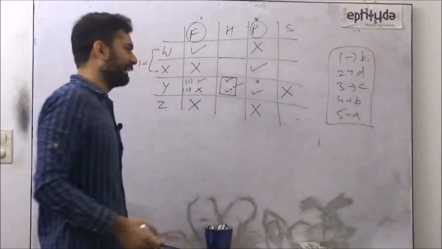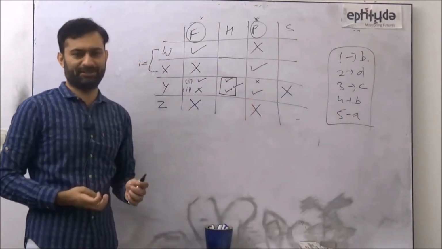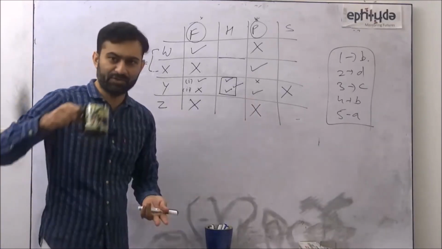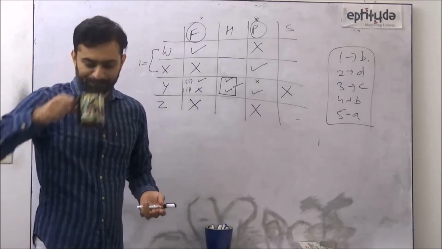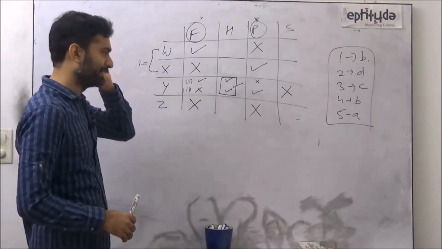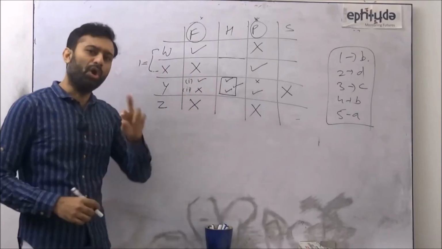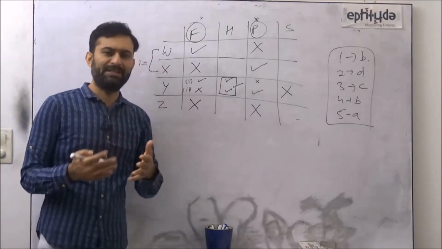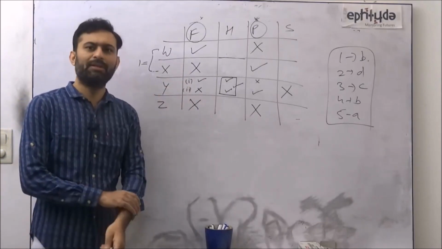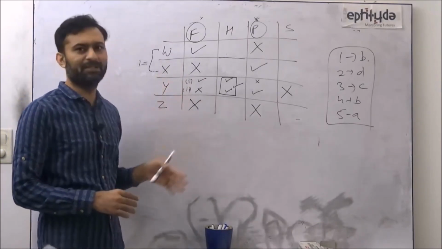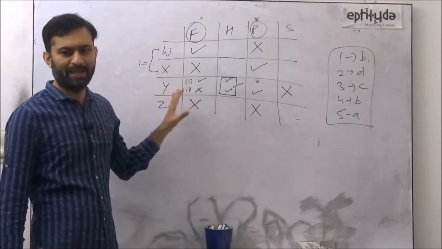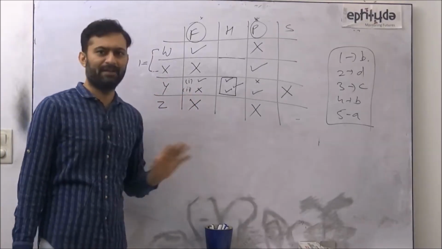Those who stop at A will save minimum 2 minutes. But those who check options B, C, D, E will get confused and will use at least 2 to 3 minutes, right? So I think it was an easier set. Always compare sets with each other. So let's say this is the first set, compare it with the next set that I'll do, and see why we are using this method and some other method in that set, right? So do we have any doubt? 1 to 5, I think a simple set.